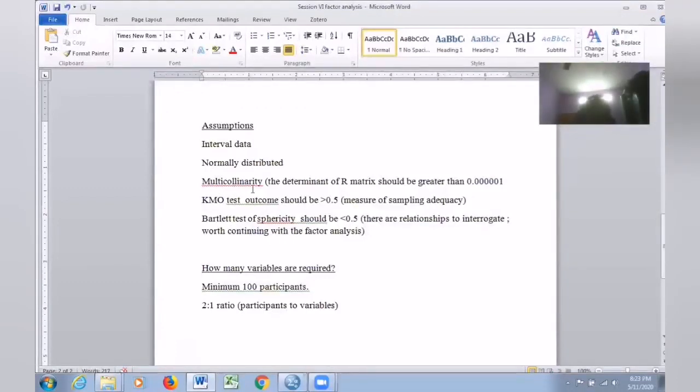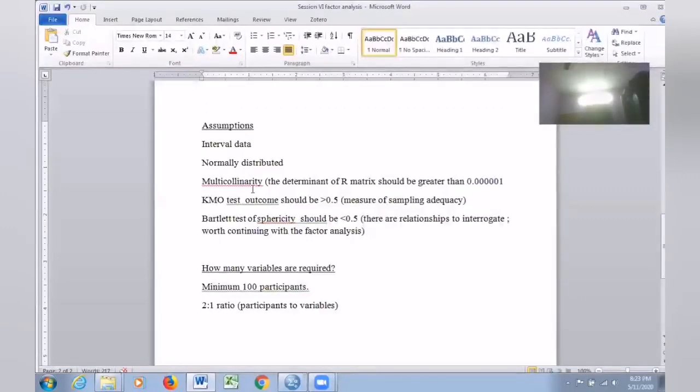So your data should not have multicollinearity. It means that if the variables are correlated too much, exactly so much correlated, then the data is not good for factor analysis. So we have to check that the determinant value should be greater than 0.00001. That is the check.